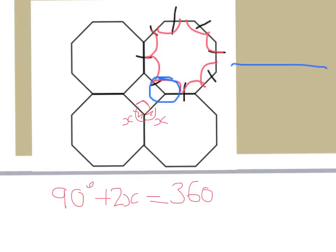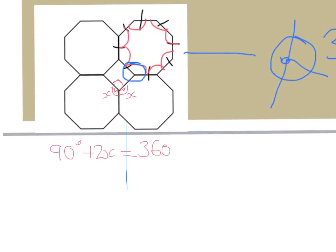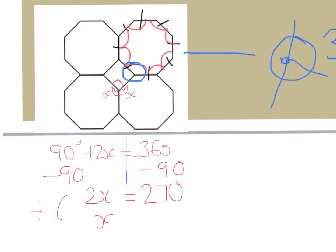Now if you're good at solving, you can use the solving technique, so balancing the equations. If you want to work out what one angle is, first we need to get x on its own, so take 90 from both sides. That will leave us with 2x is equal to 270. Now if 2x equals 270, then x, if we divide it by 2, because there are 2 of them, that would tell us that x is equal to, so half the 200 is 100, half the 70 is 35, so it's